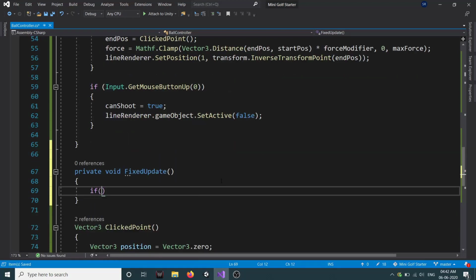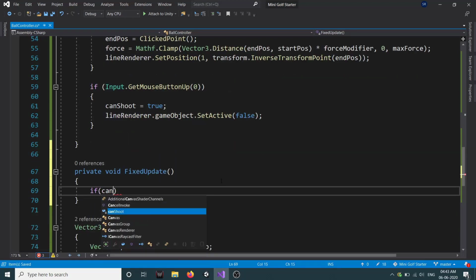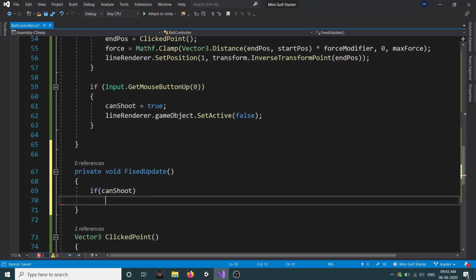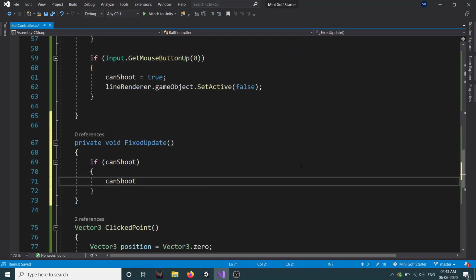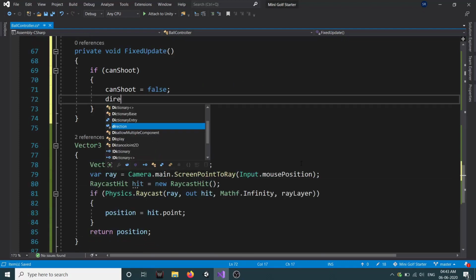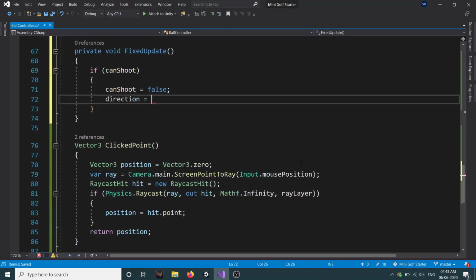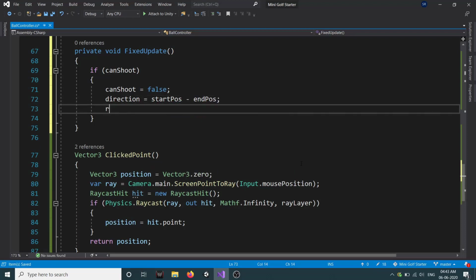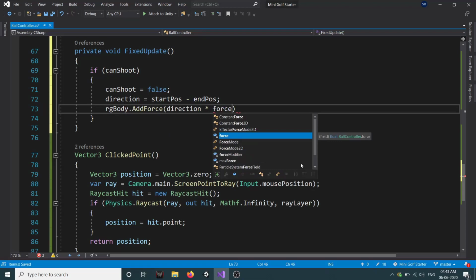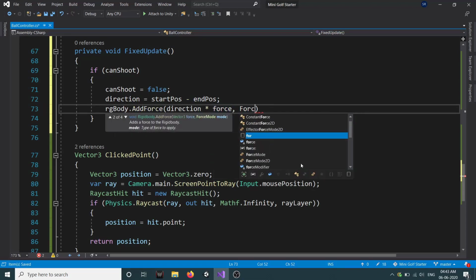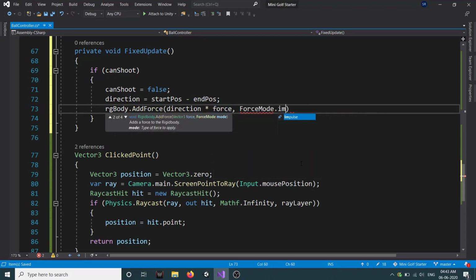So here we'll check if can shoot is true, then we set our can shoot equal to false. We get our direction equal to our start pose minus our end pose. Then we set our rigid body dot add force direction into force, and we will set it to force mode dot impulse.